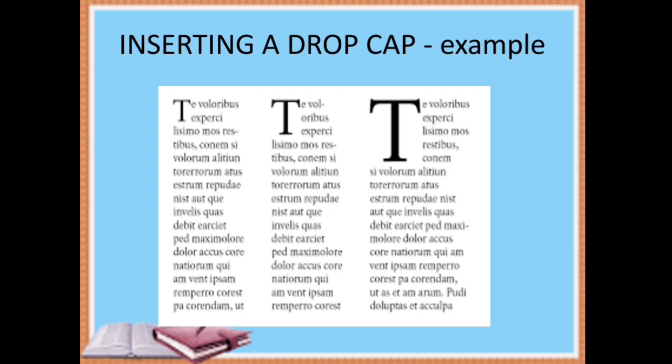See, in the first one, the T shows in two lines. That means in the lines to drop option, you choose two lines. The second image, see, it shows in three lines. So in the lines to drop option, we select three lines. The next one, see, 1, 2, 3, 4, 5 lines. So in lines to drop, we choose 5. So the T comes in 5 lines.